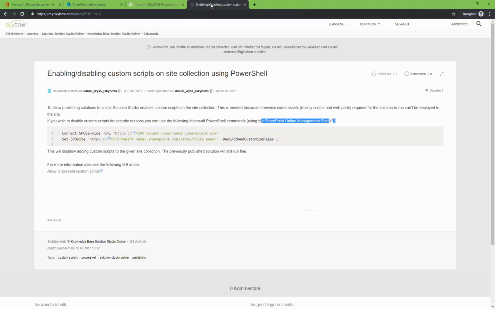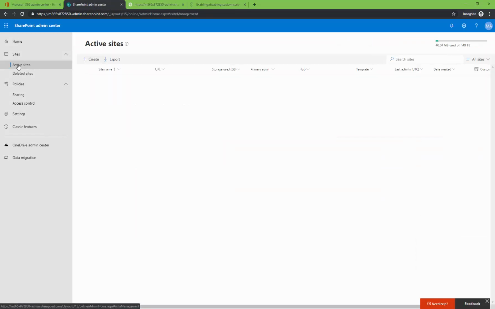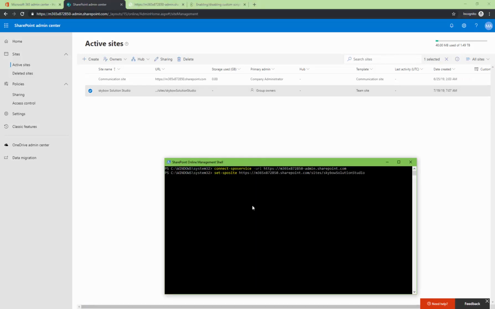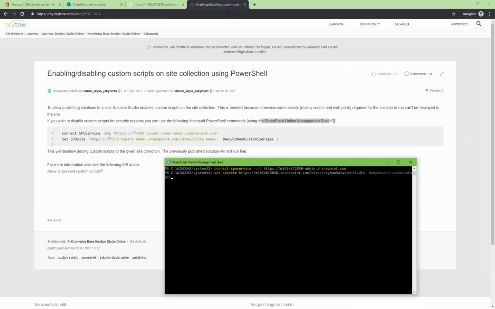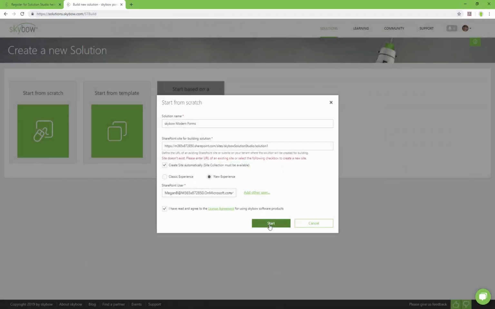Once connected, set the Denied Add and Customize Pages property to 0 on the site collection. Then switch back to Solution Studio and start again.